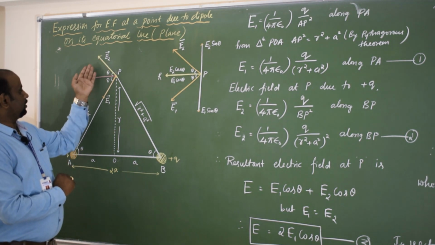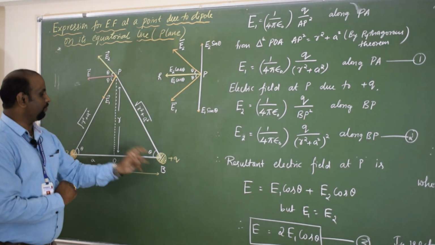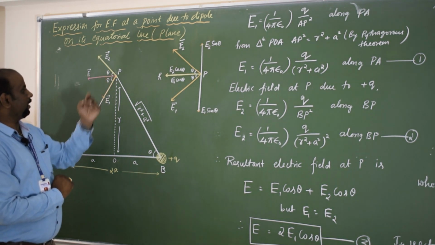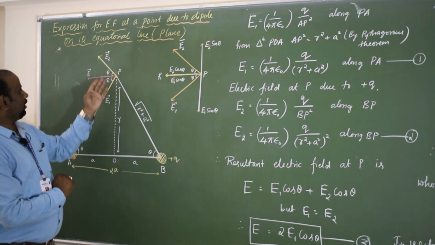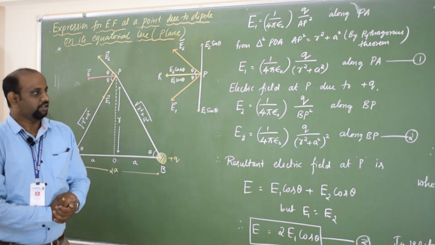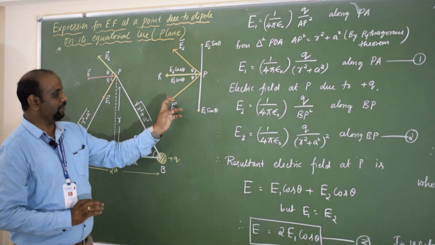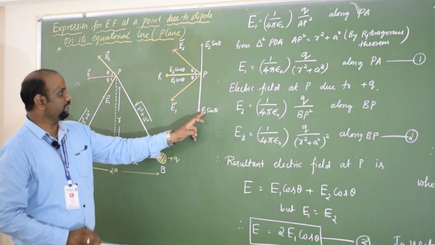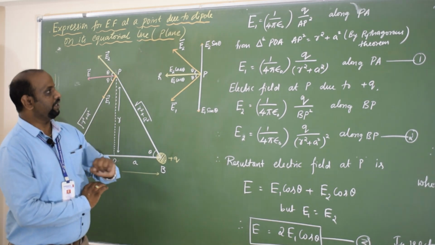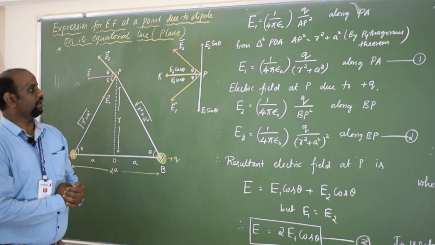And there are two electric fields, E1 and E2. E1 is acting towards the negative charge and E2 is acting away from the positive charge. Then the net resultant electric intensity is E, making an angle theta. E1 and E2 will be split according to the resolution of vectors. The process of splitting a single vector into two or more vectors means E1 splits vertically as E1 sin theta, horizontally as E1 cos theta. Similarly, E2 also splits vertically as E2 sin theta, horizontally as E2 cos theta.